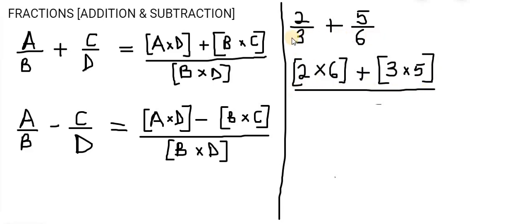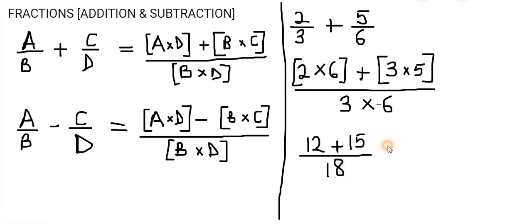And then 3 times 6 at the bottom. So 2 times 6, that's 12, plus 3 times 5, that's 15, and then 3 times 6 at the bottom, that's 18. So our answer becomes